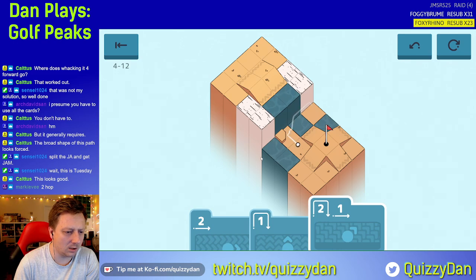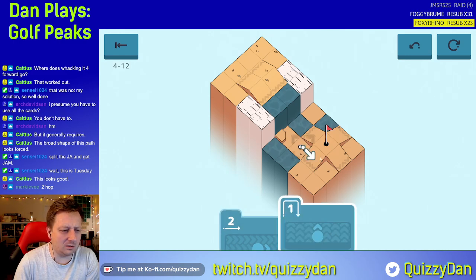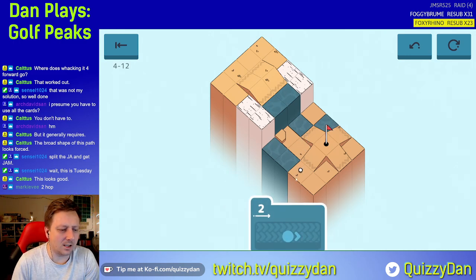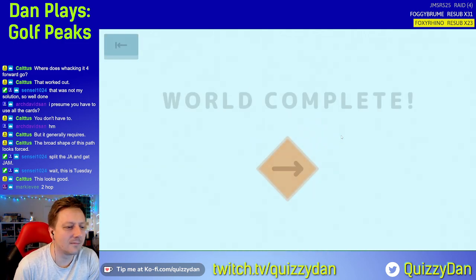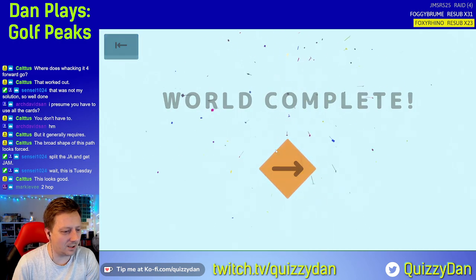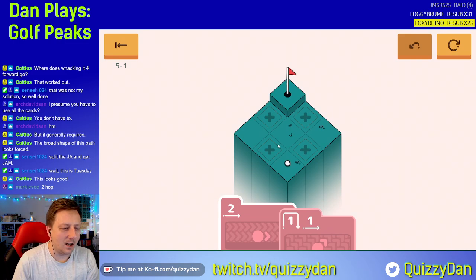Okay. Yeah. Ding! There we go. That's world 4 complete. World 5. Okay. What is...